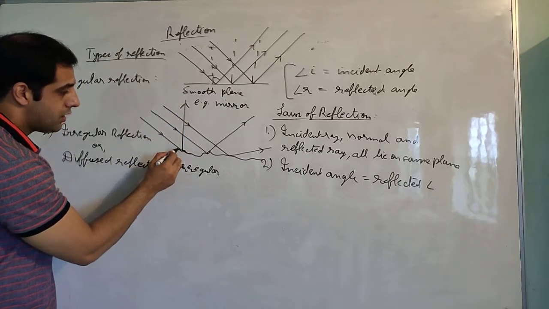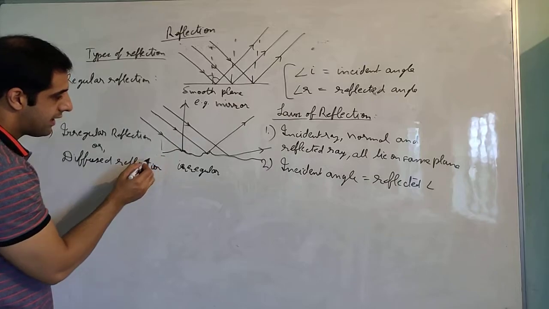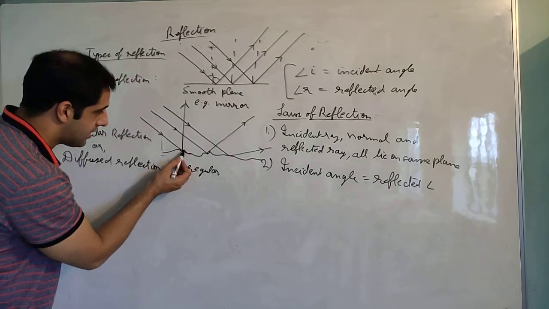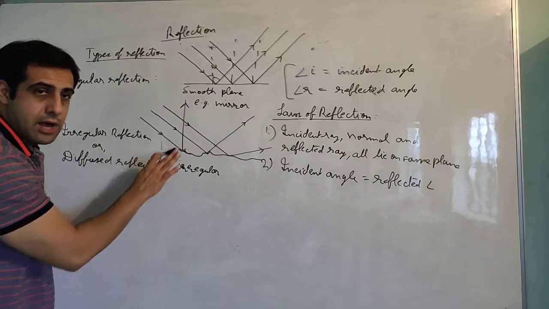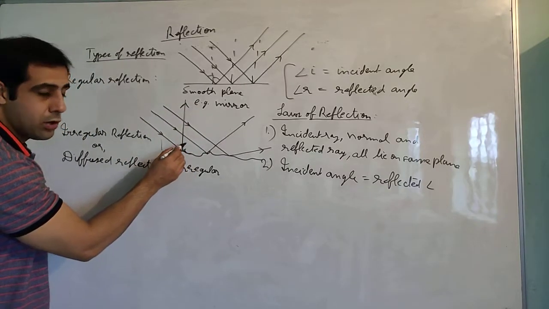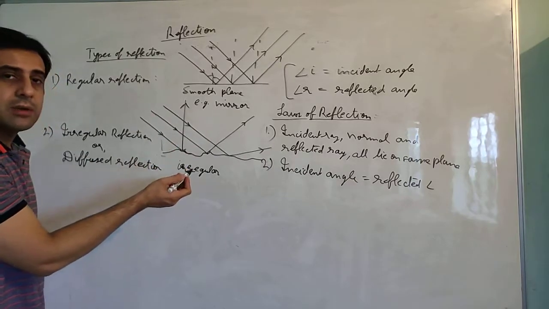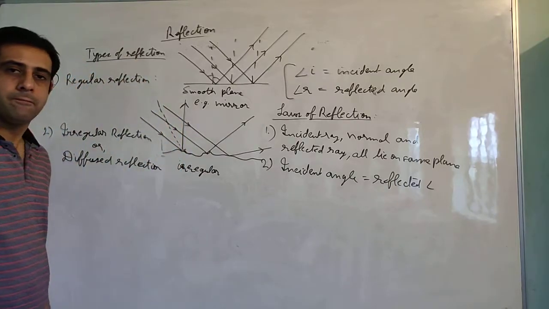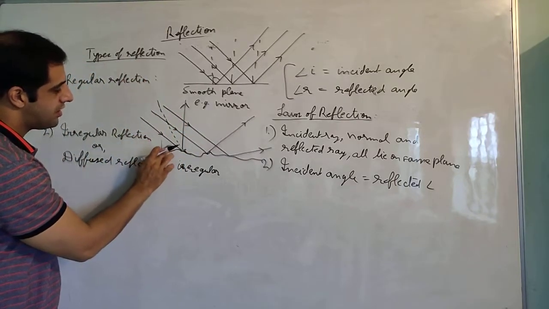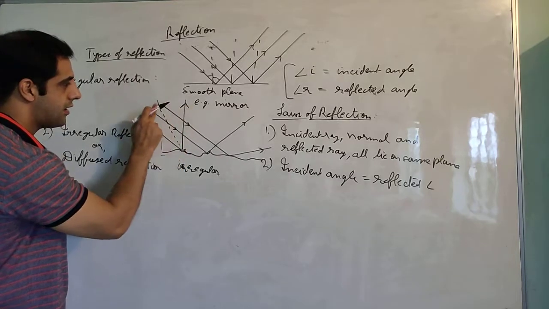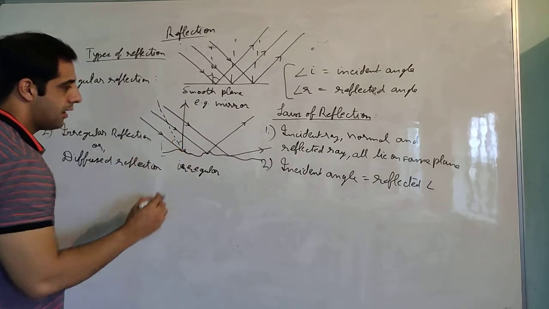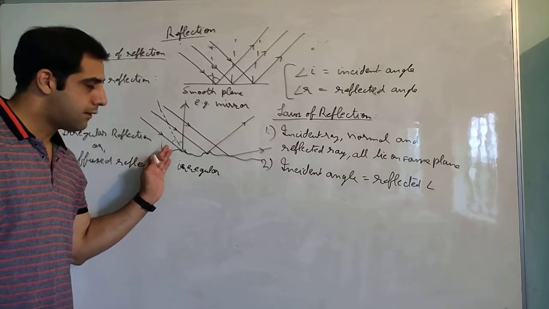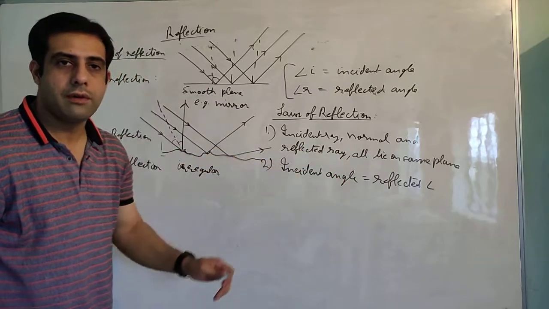Now if I draw the normal, then the normal will not be like this on the surface. Normal is always perpendicular to the surface. Now here the surface is like this, it is going upward. So if I draw a perpendicular on such kind of surface, in which direction will the perpendicular go? It will go somewhere like this. So now if you just look at this incident ray, this reflected ray and this normal, then you can see that it is undergoing regular reflection only. That means this reflection is following the laws of reflection.